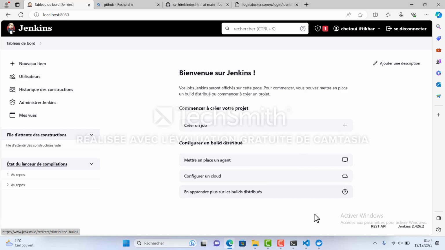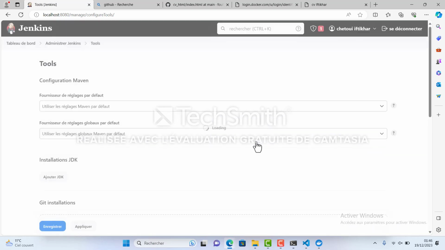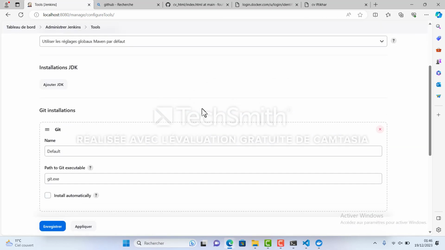Now your Jenkins installation is ready to be used, and you have access to the Jenkins dashboard. The dashboard is the central hub where you can manage and monitor your Jenkins environment. From the dashboard, you can configure tools and install plugins, set up and execute jobs, view build history, and access various Jenkins features. Take a moment to explore the